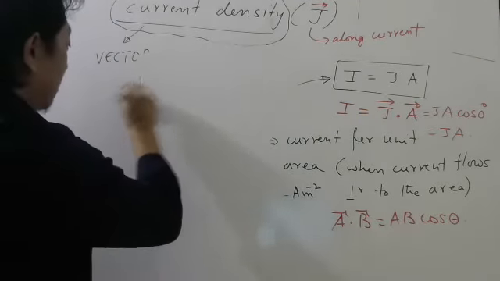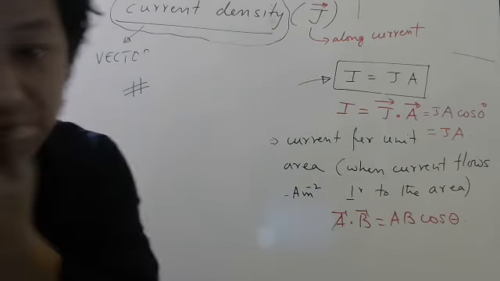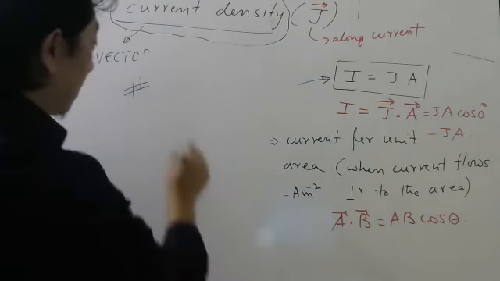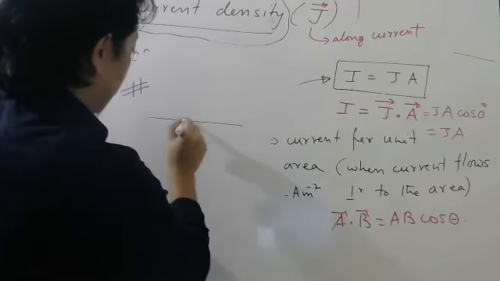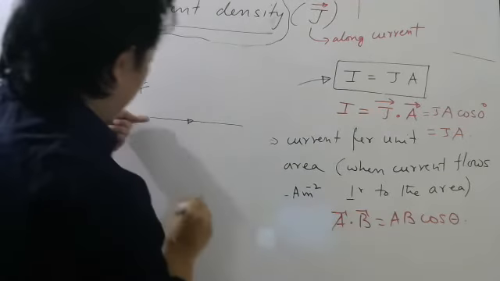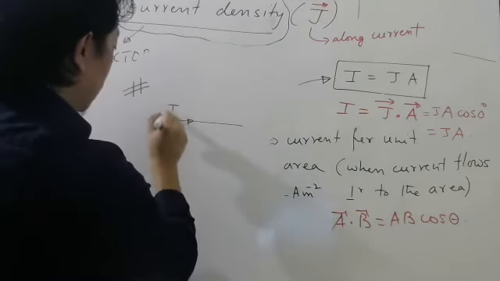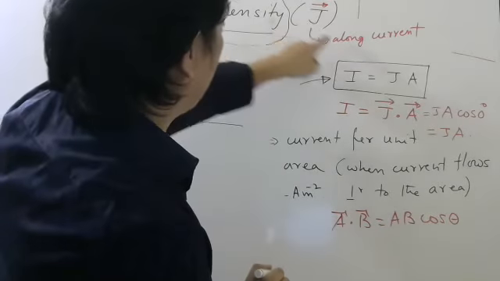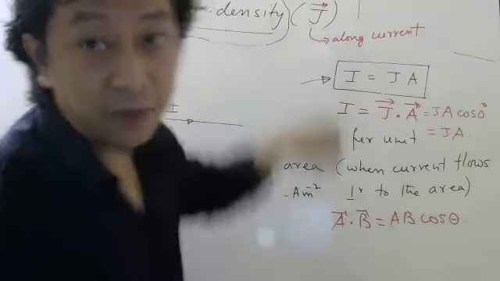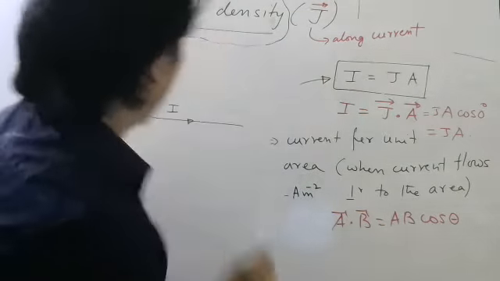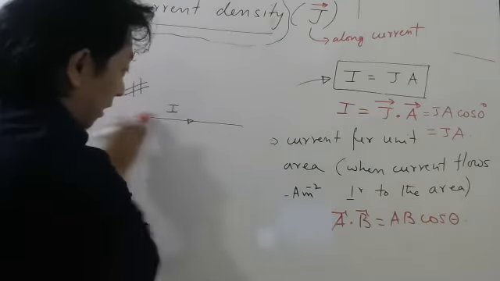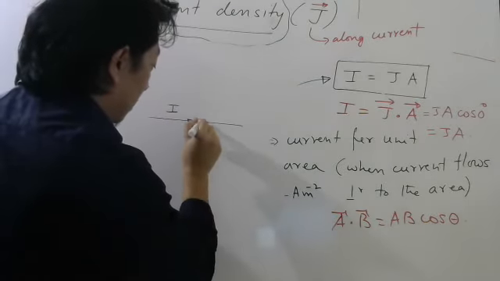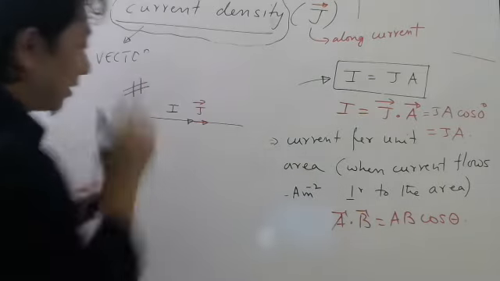For entrance syllabus, you should know this also. Look carefully. For entrance syllabus, every time, suppose current is flowing like this. So if current is flowing like this, where will I take current density vector? I have told current density vector will be taken along current. So current density vector will be here only. If current is flowing this way, current density vector will be here.